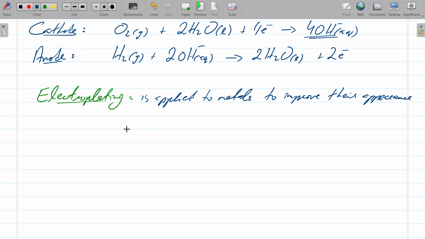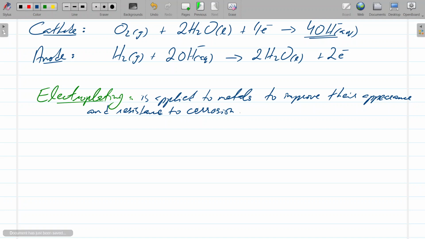The purpose is to improve their appearance and/or their resistance to corrosion. You've obviously heard of utensils or watches that are gold plated or silver plated. What they're talking about is basically electroplating. And so how does this happen? For example,